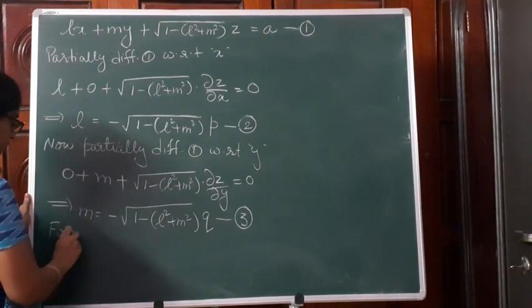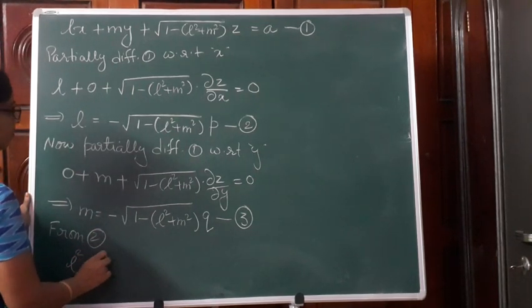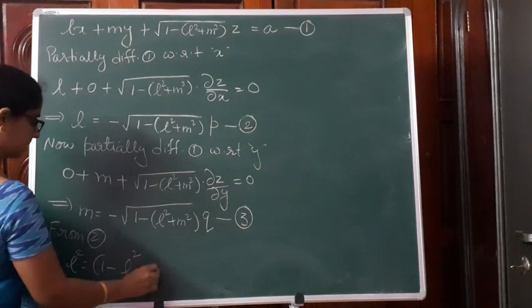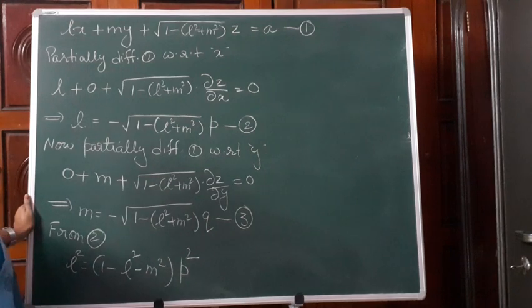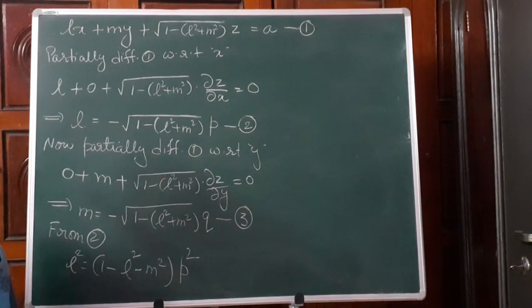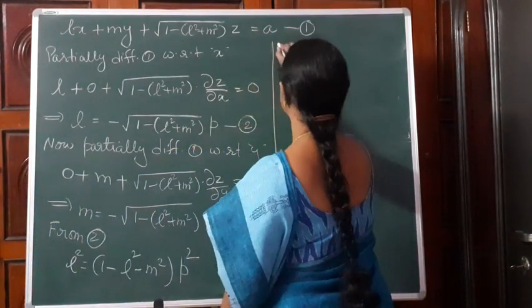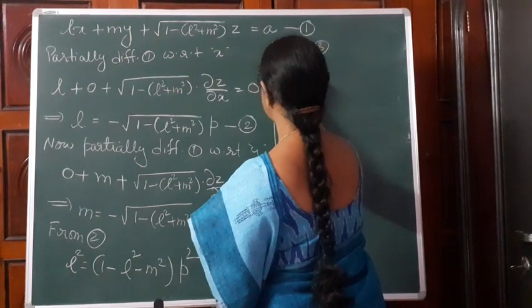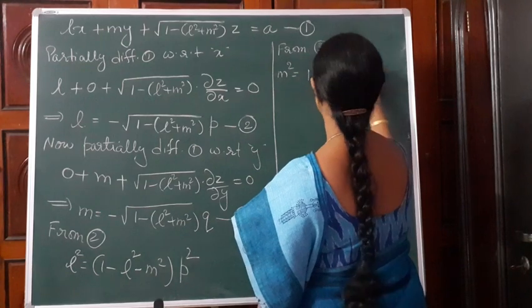From equation 2, L square is equal to 1 minus L square minus M square into P square, right? This is L square. And from equation 3, M square is